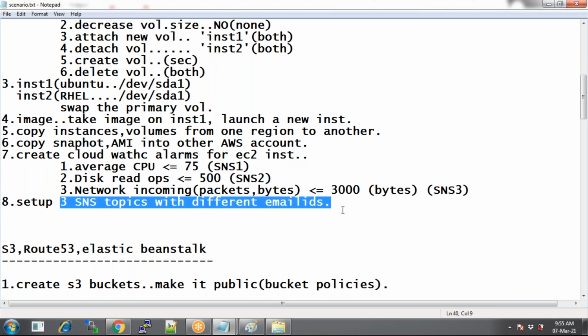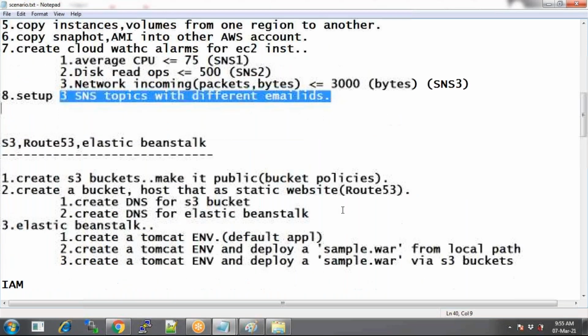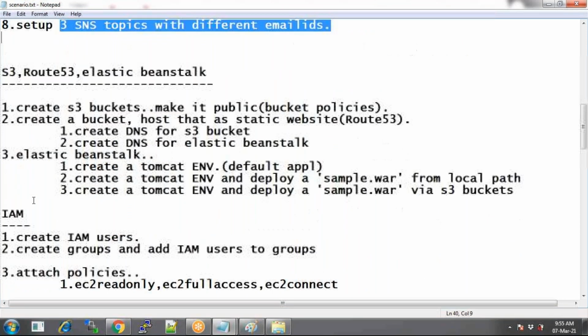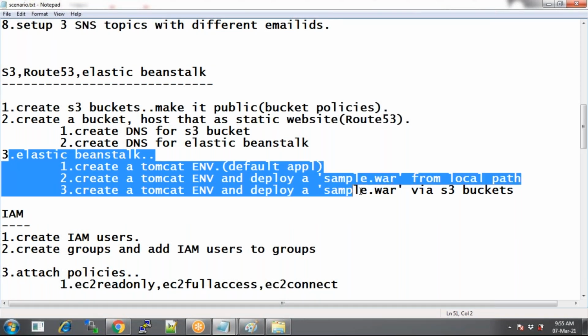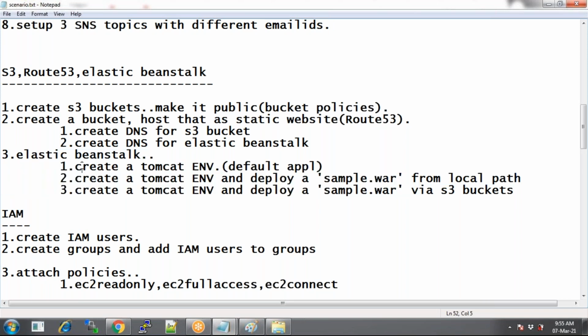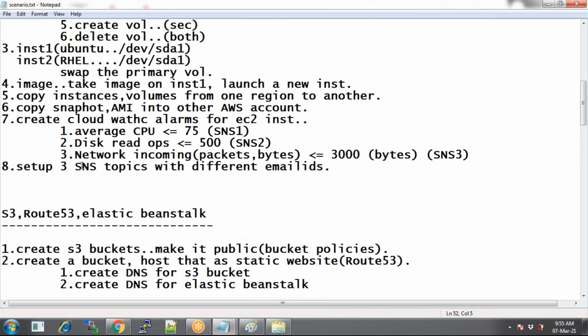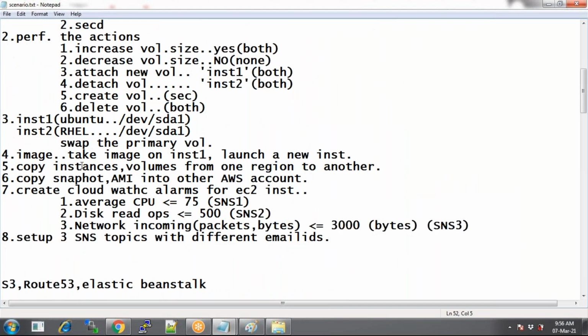Also set up some SNS topics, and try Beanstalk. If you don't understand Beanstalk, just launch according to whatever you understand: JDK or Docker or Tomcat, just launch it.